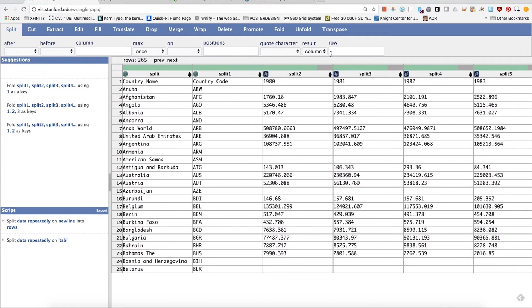Now, the first thing that we need to do is to tell Data Wrangler that the first row of data, right, the first row number 1, is the header row. Okay, the software will not be able to identify that fact on its own, so we need to actively tell it this is the header row.